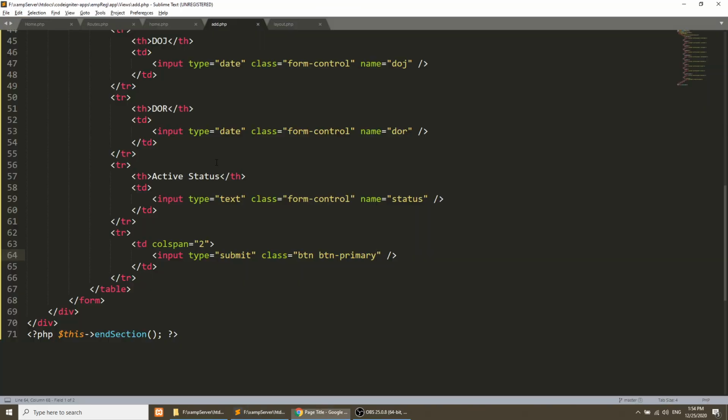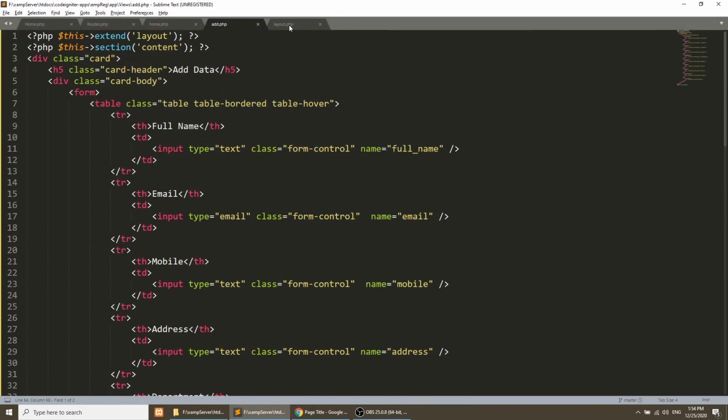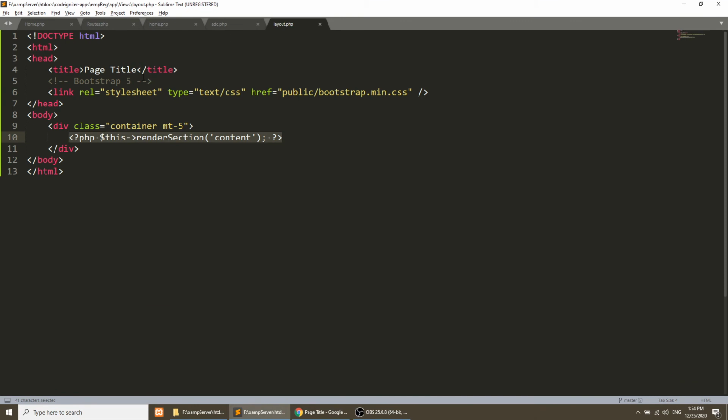Now we will make this title dynamic. So how we can do this? What we will do, we will copy this render section and paste it here, and in this we will define the title.